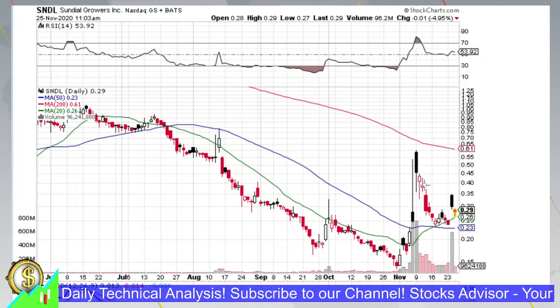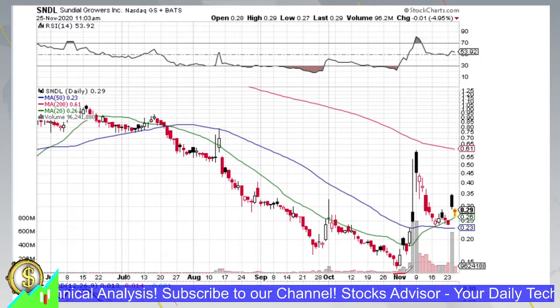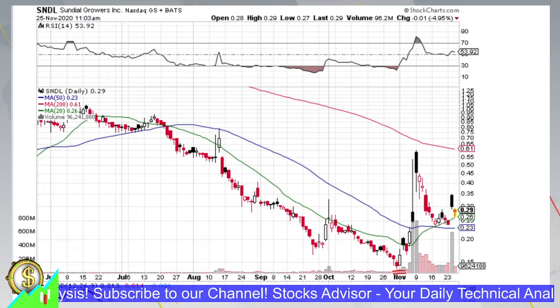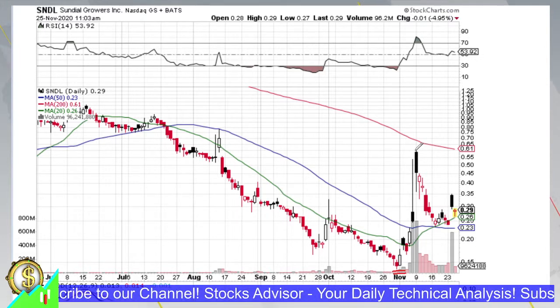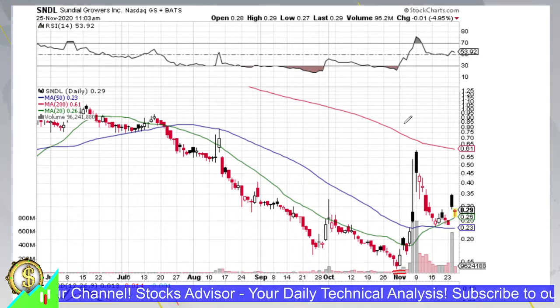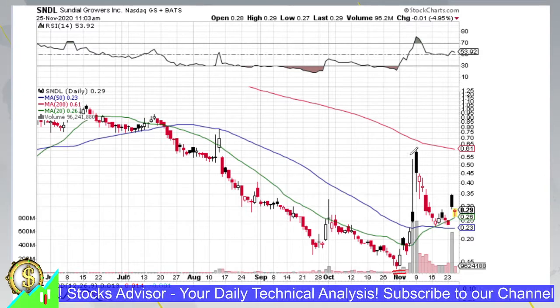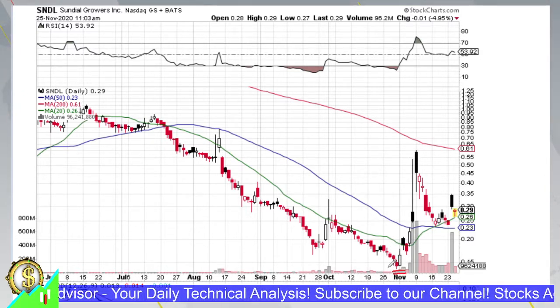What is important to note here is that, of course, you can see at the beginning of November this remarkable wave started for SNDL, and the price went from 0.15 all the way to 0.55, even higher, almost 0.60. This is indeed incredible, almost 4 times growth in no time. Really, really remarkable. And then, of course, as always happens for penny stocks,